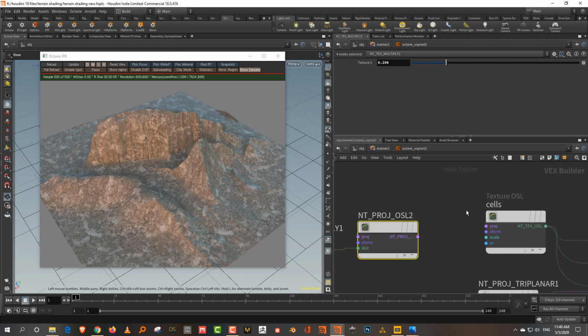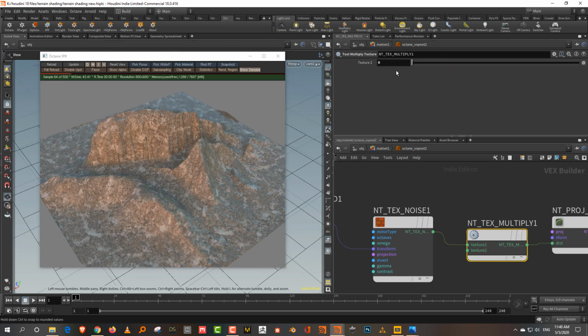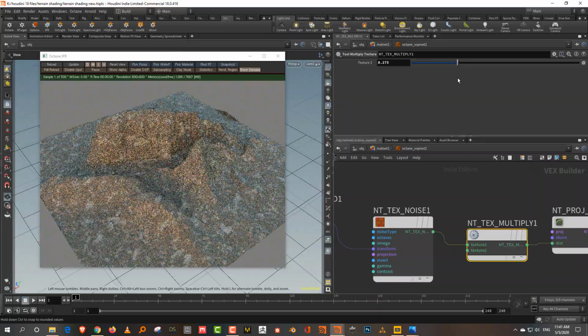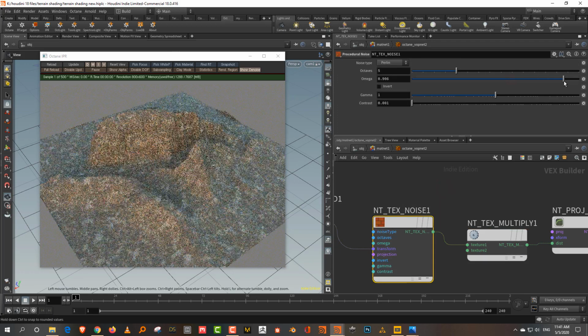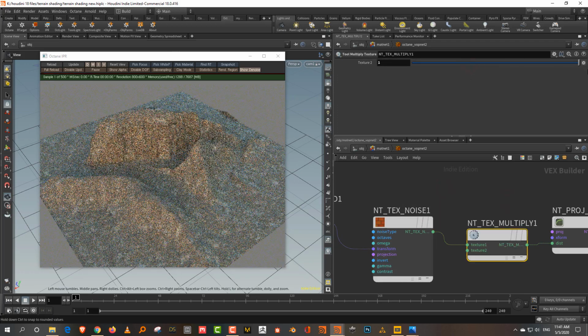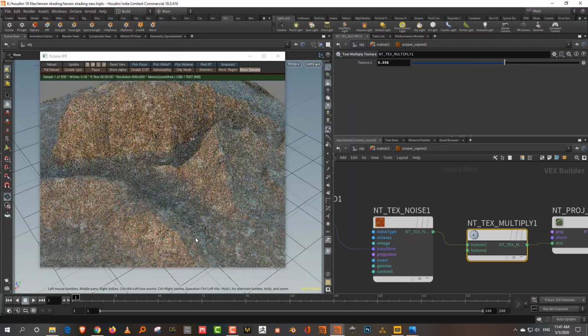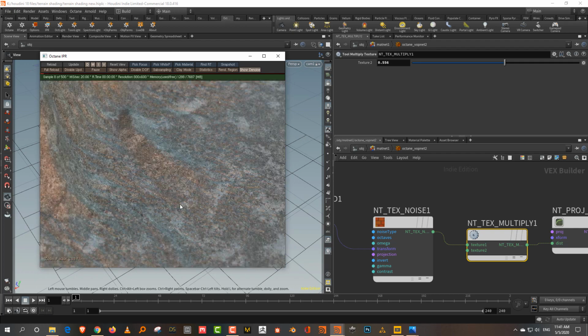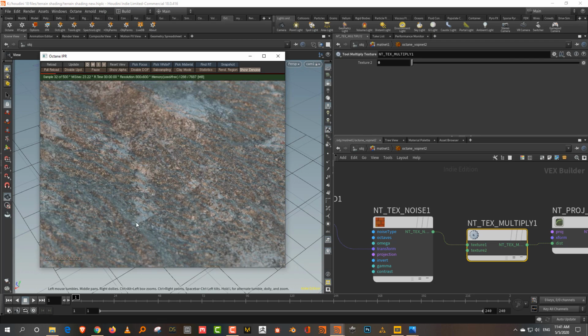What this can do is help me break up the overall pattern itself. If you take the multiply down to 0, you can see those straight lines, and as you increase it, it will break up, so the pattern won't be as obvious. If you increase it too much, it just distorts the whole thing, which is not bad either. But that gives me a genuinely random texture overall, which otherwise is also good. But if you come down close over here, you can see that straight line, which is there from my cell map.